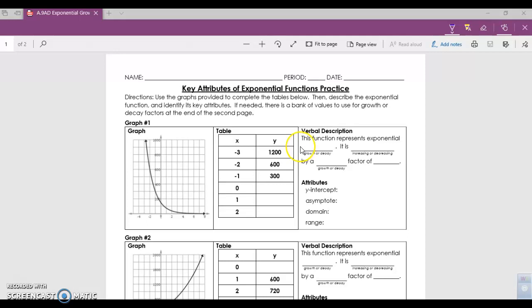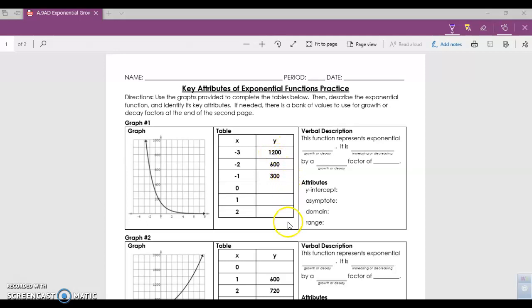So in these practice problems, I'm going to go through how to find all the different attributes, key features for an exponential function given a graph and part of a table. We're not actually going to write out the equations for each of these, but you totally could if you wanted to. So looking at this first one, the first thing I try to do is figure out